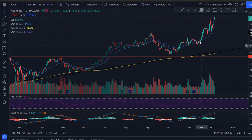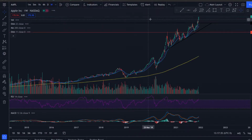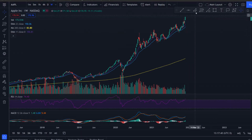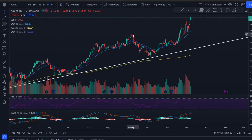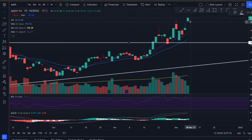Now, looking at Apple, we talked yesterday about this big move that we've been seeing for the past couple of weeks. And if we draw out major support lines and areas on the weekly chart for Apple, you can see that we have had this very strong support here, and this nice little resistance area slash support area once again right here. Even while the market was pulling back drastically, we held the support line, pushed back up, and yesterday we had a little bit of a resistance area right here